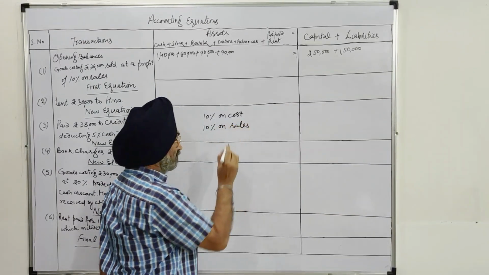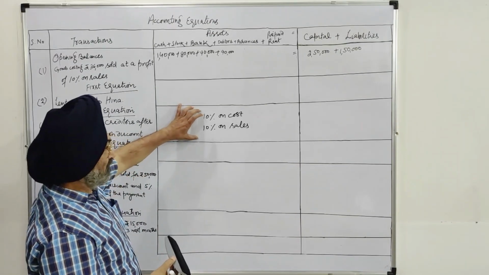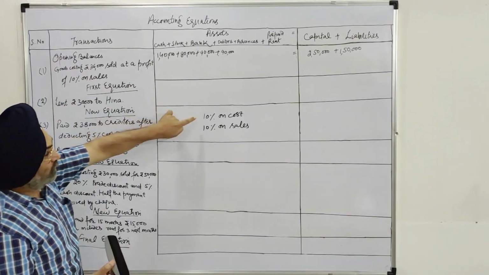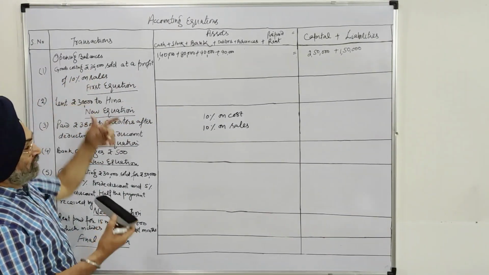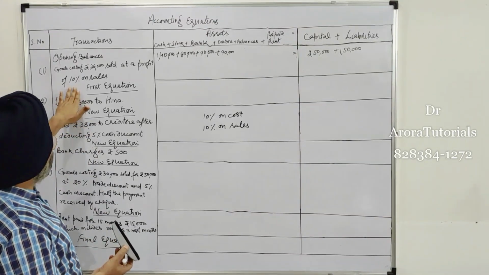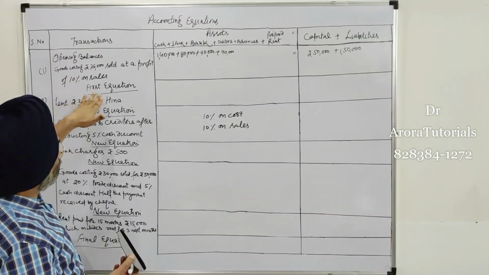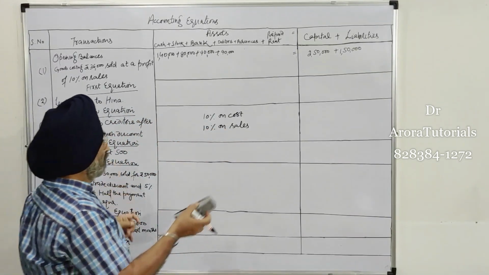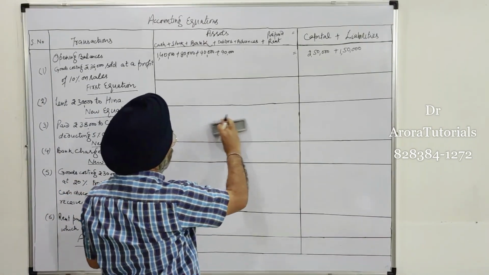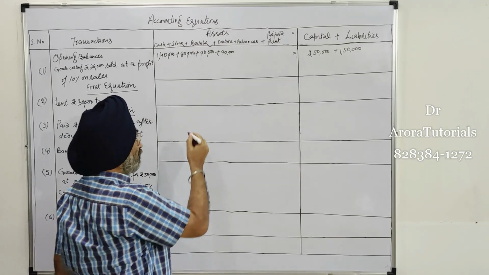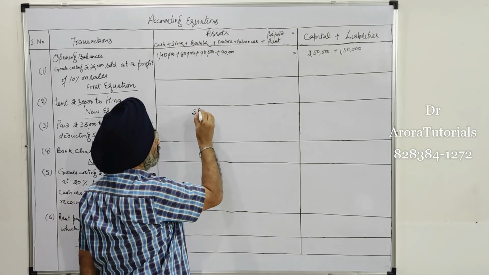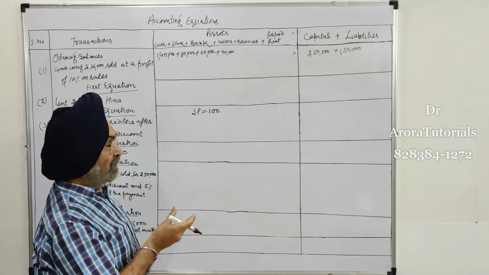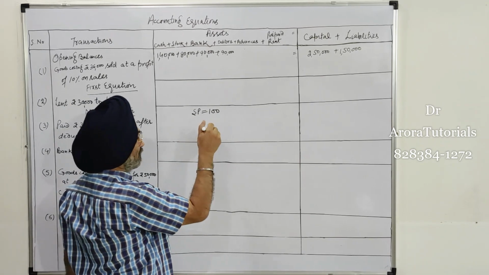Sales means selling price. Now in this particular case, if it is given 10% on cost, cost is known to us. Simply we will calculate 10% of this and that will be our profit. But now our transaction is saying 10% of sale. Well, the sale price is not given to us. So there are 2 alternatives to solve this problem. Number 1, let's assume the selling price to be 100, because the selling price is not given.